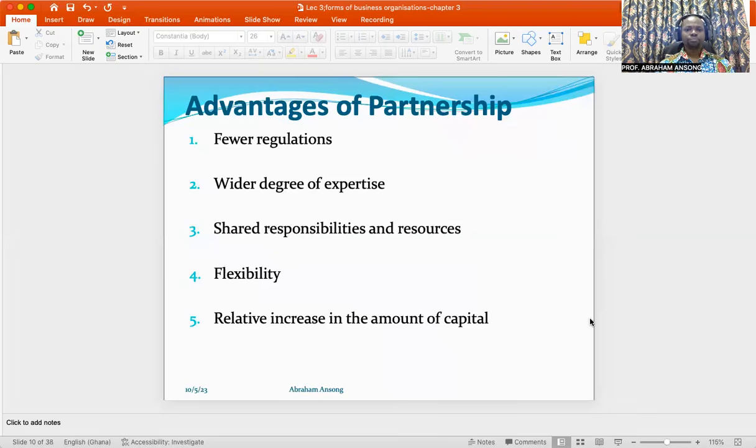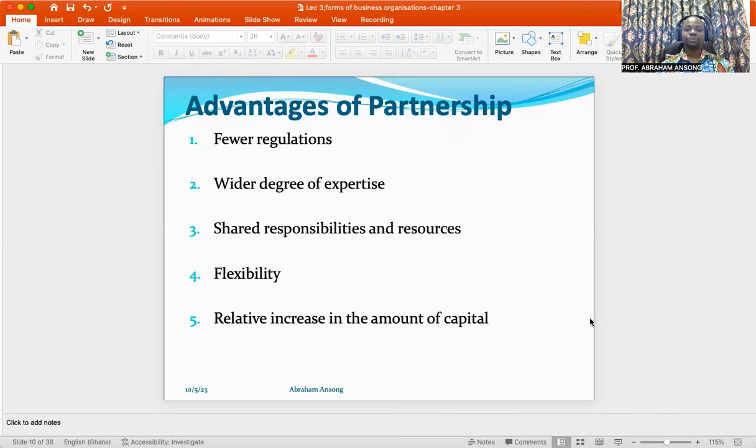Okay. There is also flexibility. It comes from the varied expertise and knowledge that is available. There's no fixation. All right. If you were trained only as an accountant, there's the tendency for you to see everything from the lens of accounting.